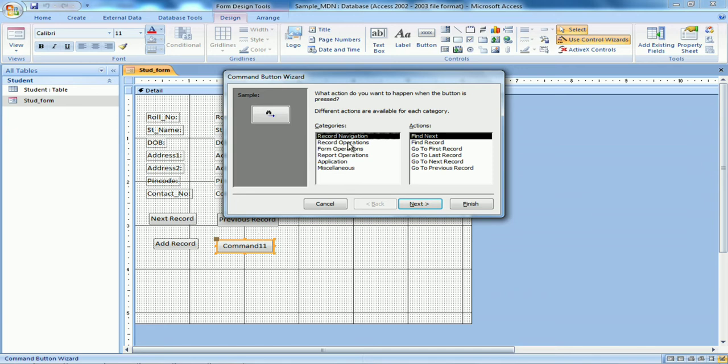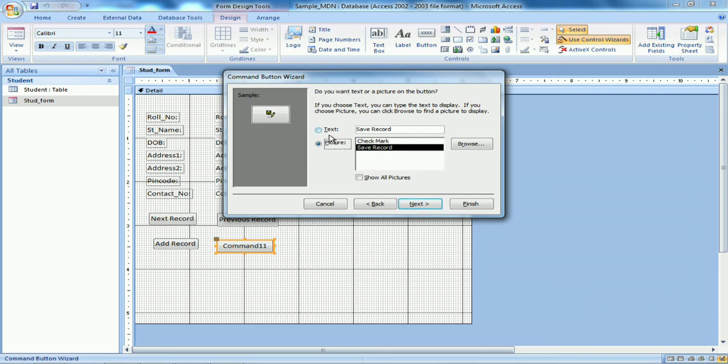Any other button I want to show you? Click on record operations. I can use delete record, I can do save record. Let's do save record. Next.